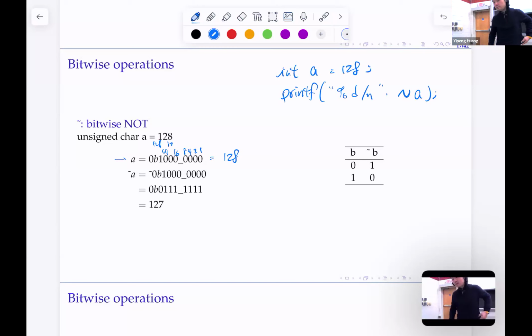What's this going to do? Right, so it requires us to figure out what ~a is, given that. What ~a does is take all the bits and bitwise flip them, right? So ~a is tilde applied to a, represented as a binary number, 1000 0000, and it flips all the